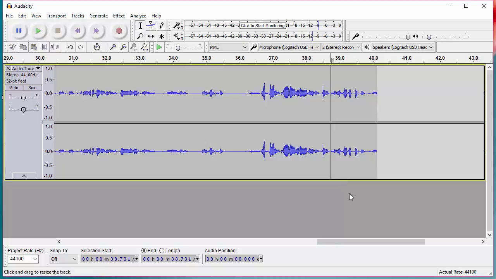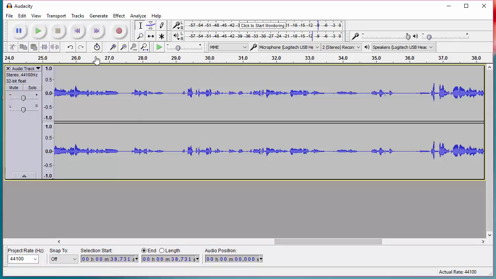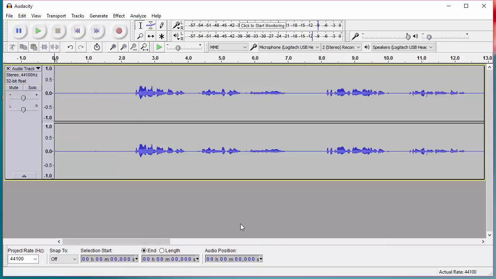If we go back to the beginning now, you can either scroll along or I can press the back to beginning button. You can see now that this line is really thin. There's no background hiss anymore. So let's just see. The world in the form of nature is a reflection of the human mind. See how easy that was and how it has no detrimental impact on the recording.